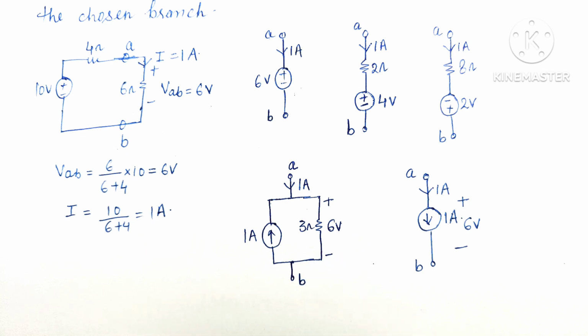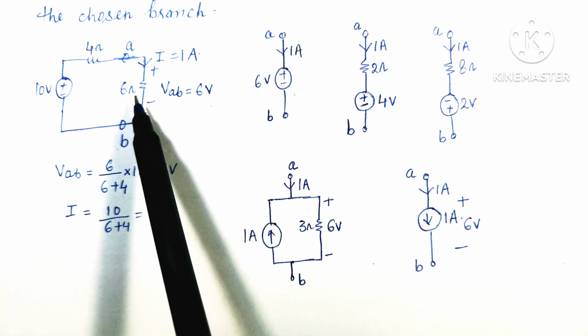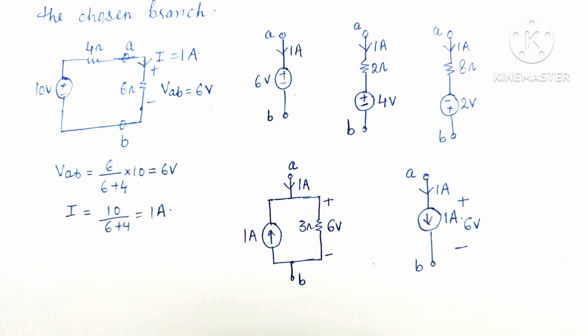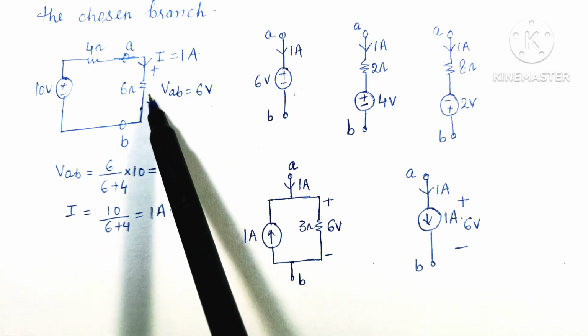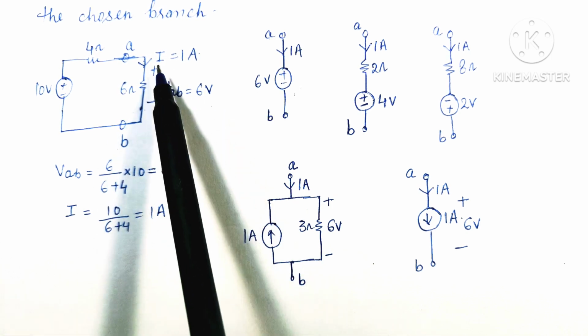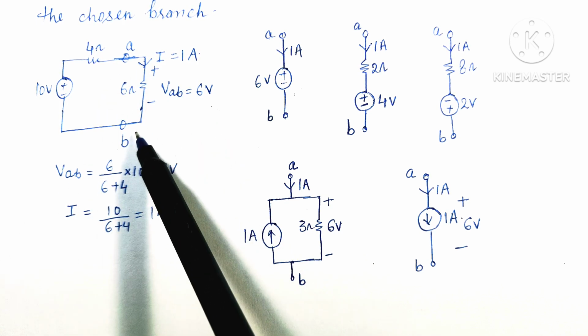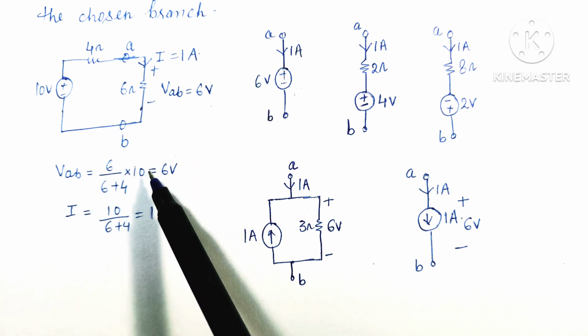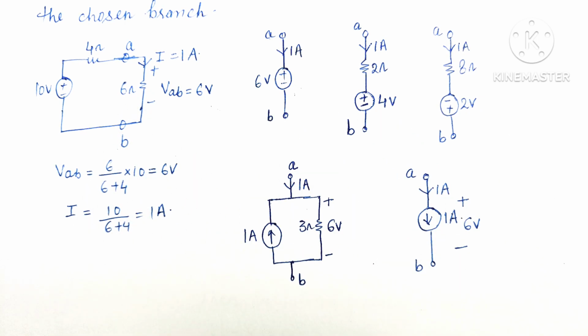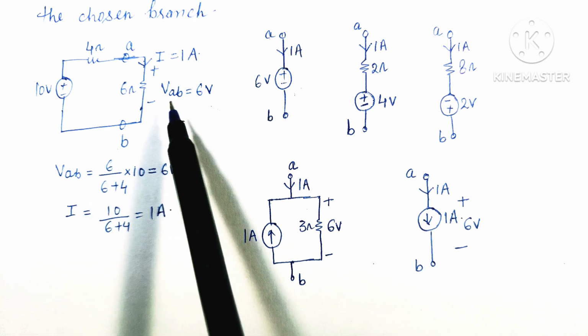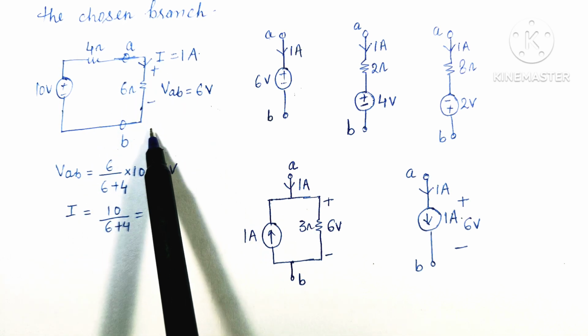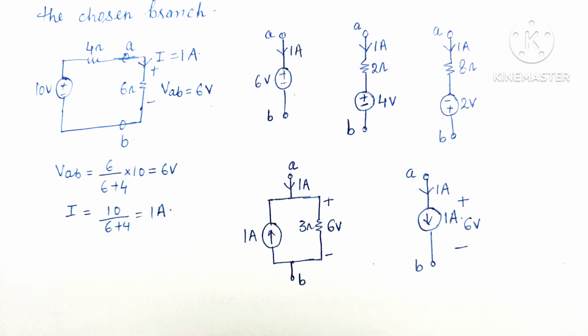So our substitution theorem says that for the voltage or current of any bilateral network, this resistance is a bilateral element. The voltage and current are known, that is VAB is equal to 6 volt and the current is 1 ampere. Then we can replace this resistance or this element by several combinations of circuits, but the condition is that our final solution, meaning the voltage across this element and the current flowing through it, should not change. So this is the substitution theorem which can be used in any circuit.